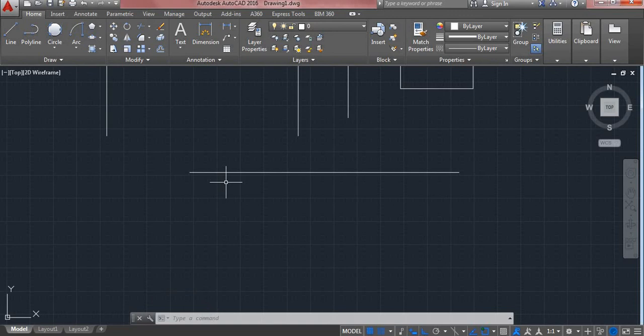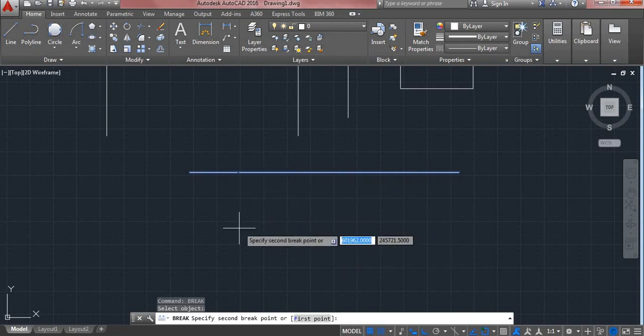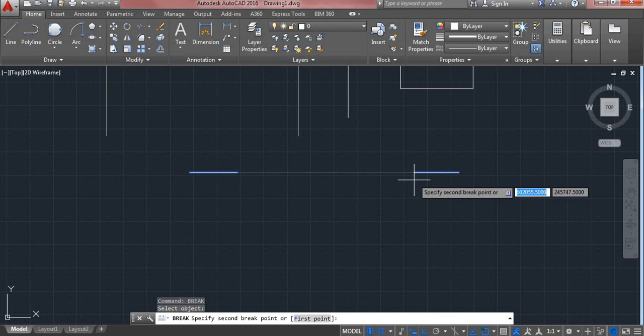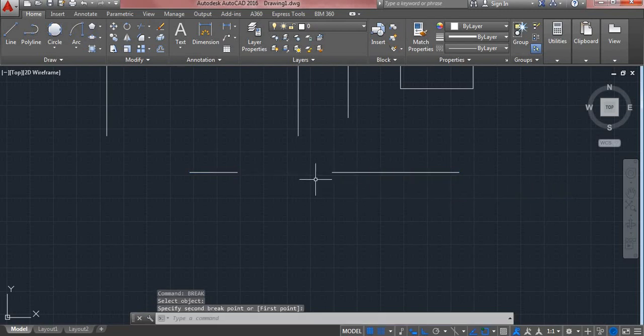In order to break this line, we go for break, and it's asking to select my objects. The location or the point at which you select the line is your first break point, like this. Can you see? Then the place where you leave the cursor or give a second click is your second break point. Like this, the break command works.